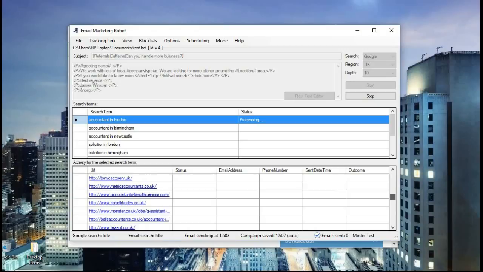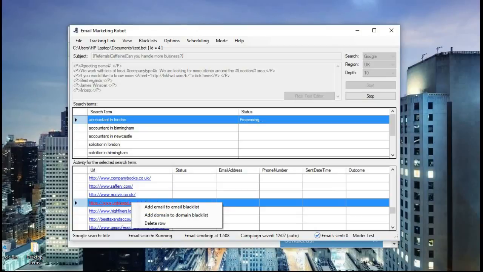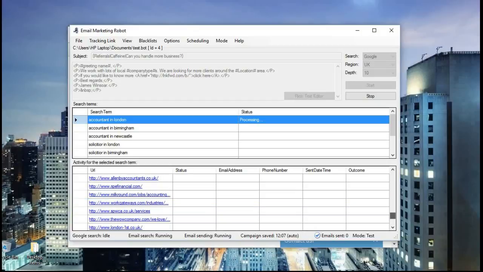So what you can do at this stage is, if you have a look through, especially if you're running the software for the first time, have a look through the websites that it brings up and just see if it's bringing up any directory websites, because you might want to blacklist those. So let's see if it's found any here. Just having a look through. Here's one,